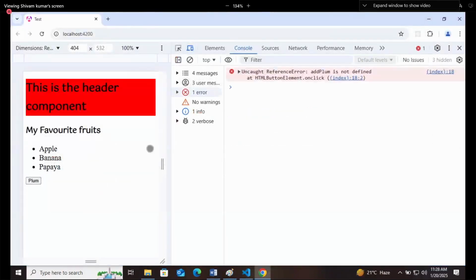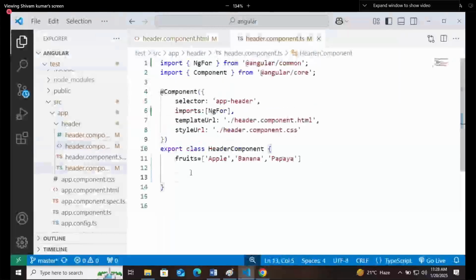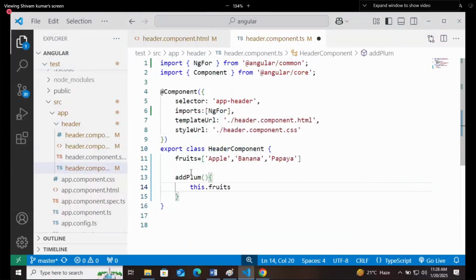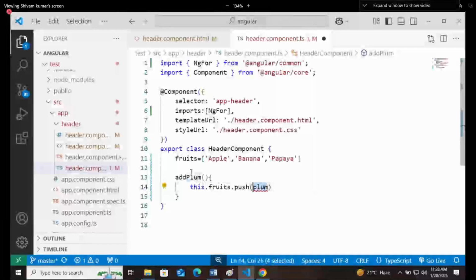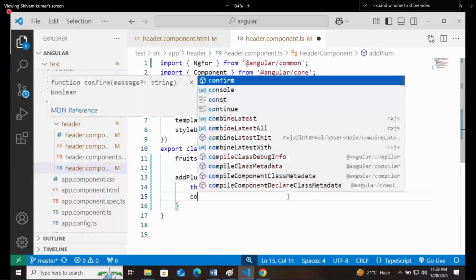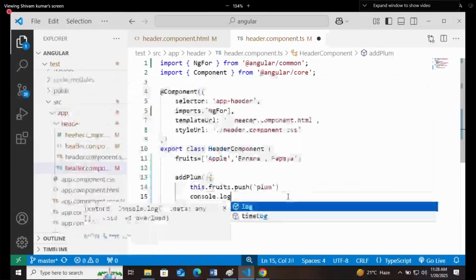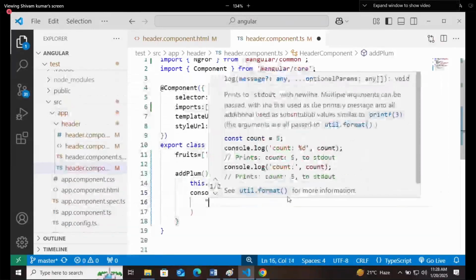Here it will say that it is not defined. Now if you are defining this addPlum directly here in this way, and then I will say this.fruits.push, and in this I will add plum, a string value, so keep it like this. And after that I will keep console.log, function is working.